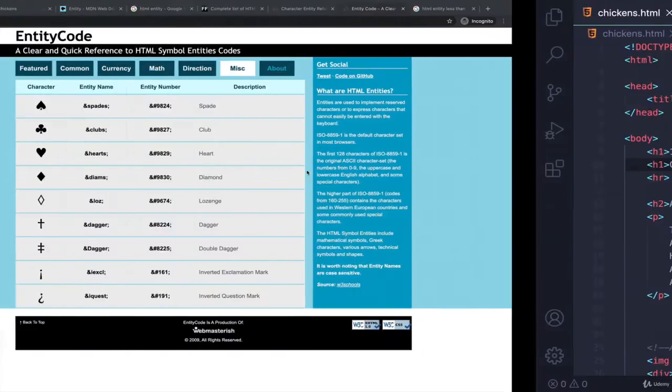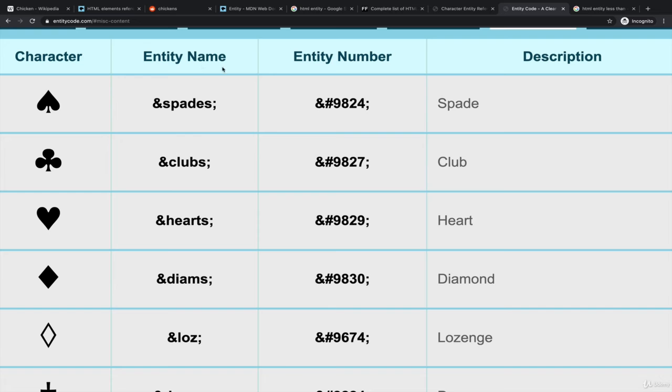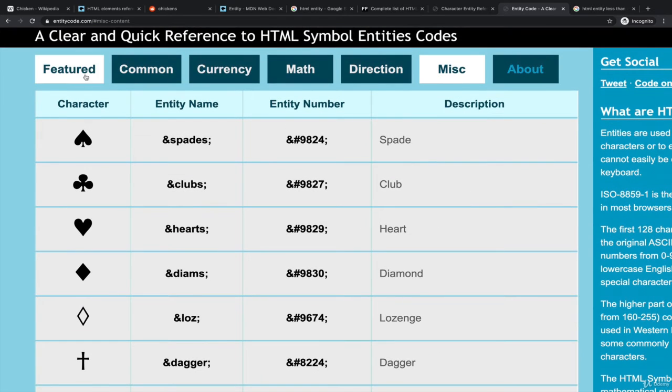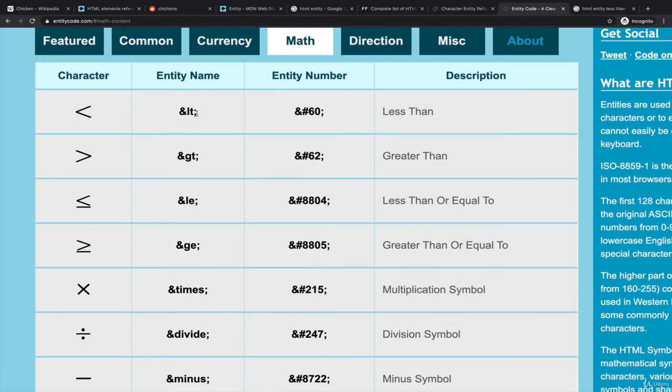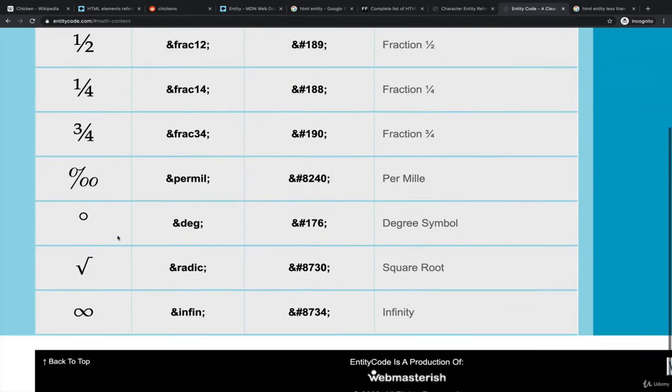All right, so I'll show you a few other examples. Every entity also has a number that you can use. So there's an entity name. For example, we had less than, which was LT. See if I can find that on this cheat sheet. But we could also have done ampersand and then this hash sign, also called the octothorpe, 60 semicolon. But obviously this is easier to remember. So we also have less than or equal, greater than or equal to, all these other mathematical